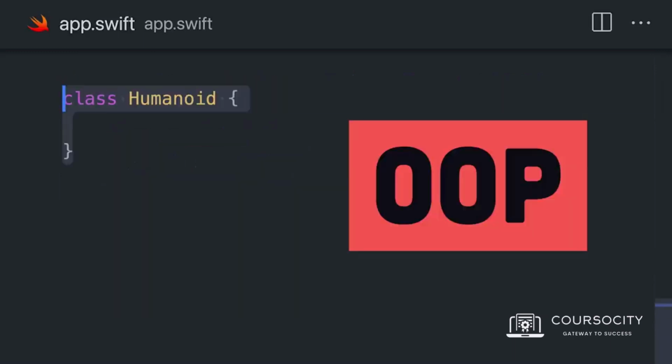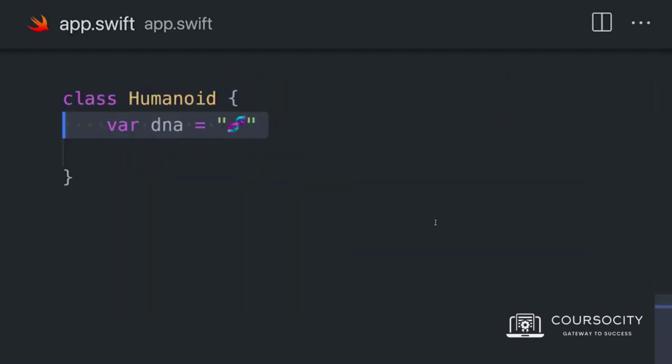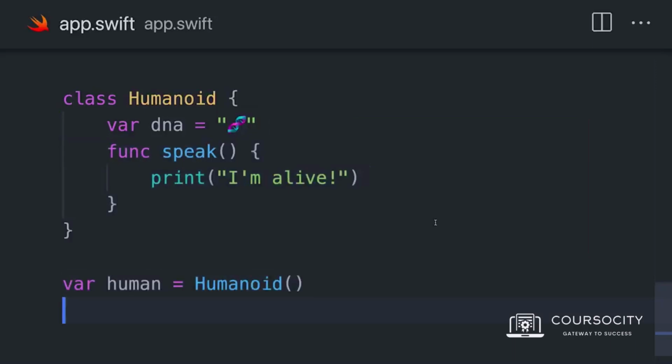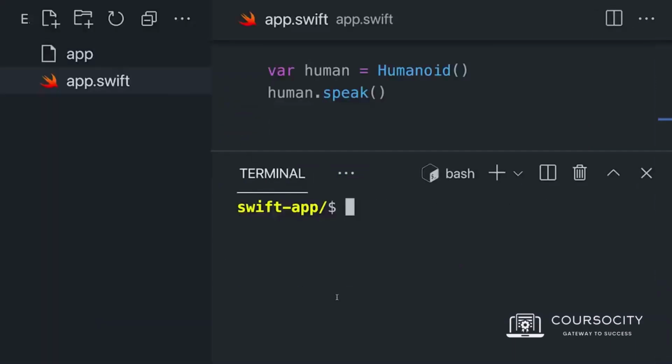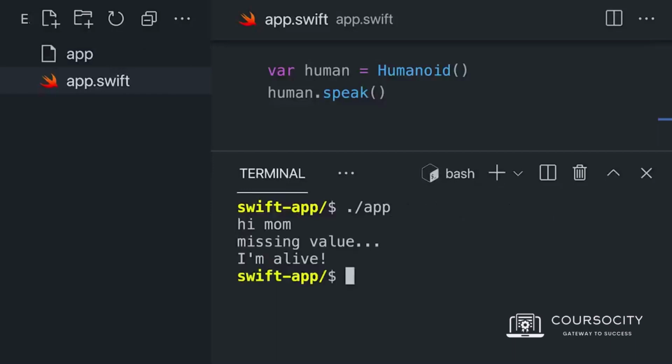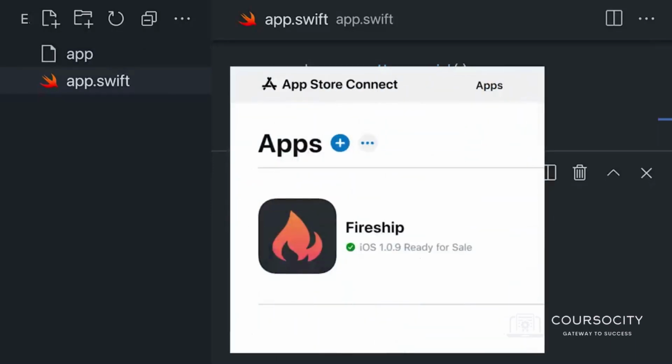It also supports object-oriented patterns like classes and inheritance to encapsulate the var and func keywords that you just learned. Now pull up the terminal and run the Swift compiler to convert your code into a high-performance executable. Congratulations, your code is now ready to seek approval on the Apple App Store. This has been the Swift programming